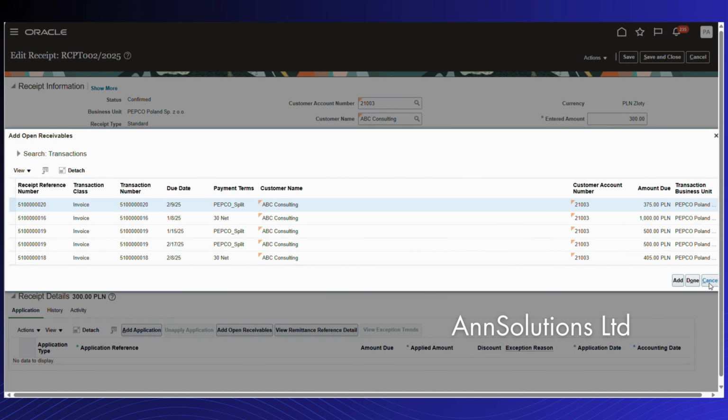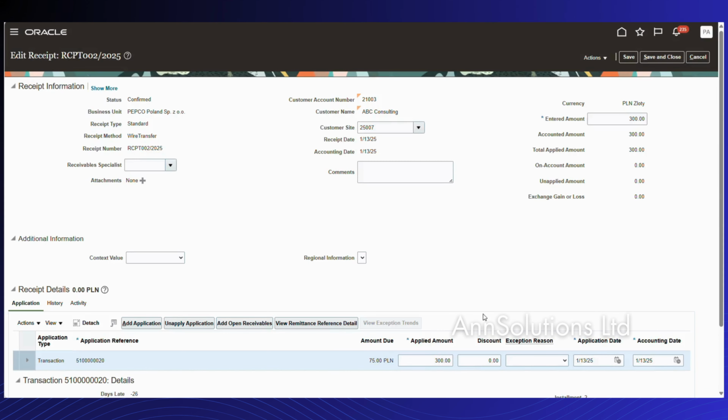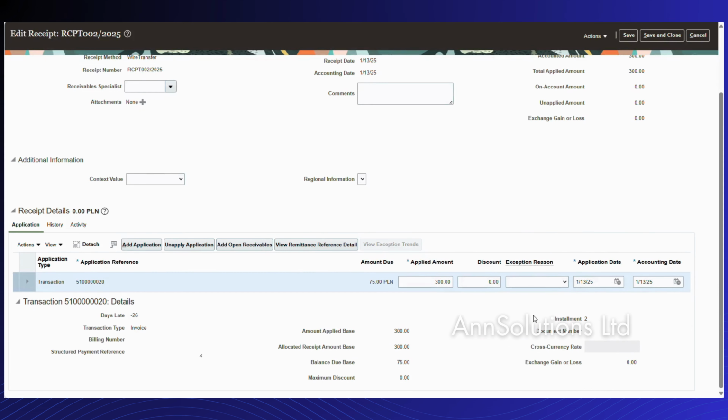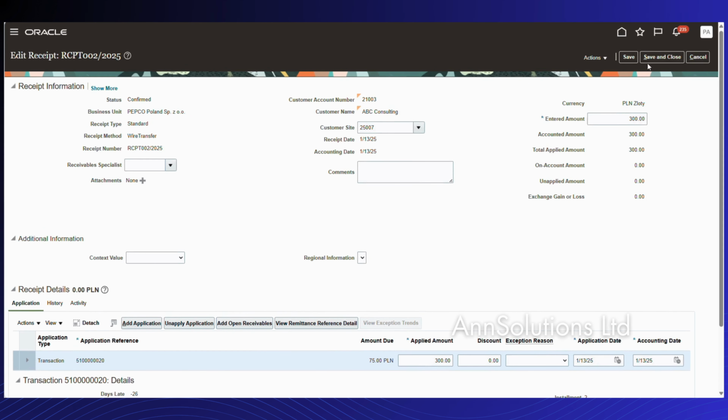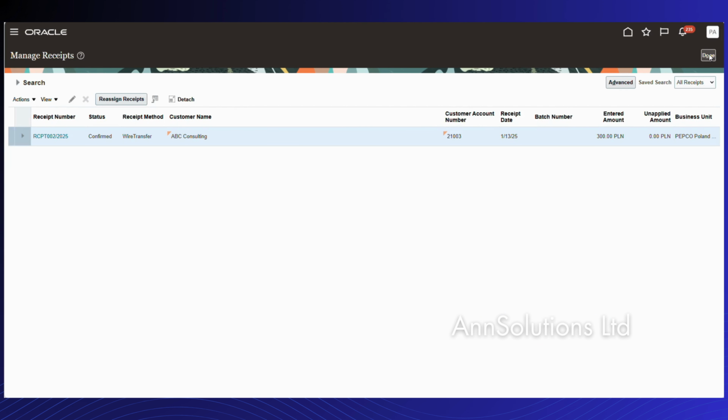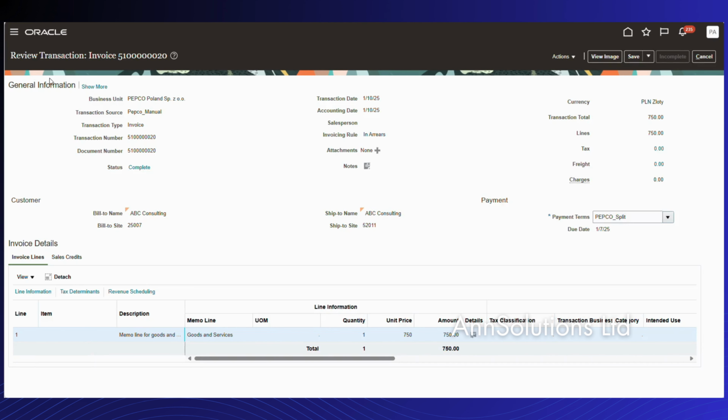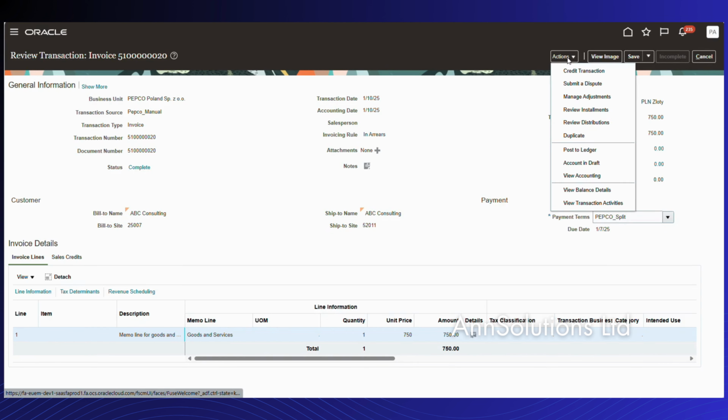So I'm going to select this one. Done. And if you see, the applied amount is going to be 300 because we have entered the receipt amount as 300. And now I'm going to press the submit button. Okay, that's done. Coming back to the invoice,